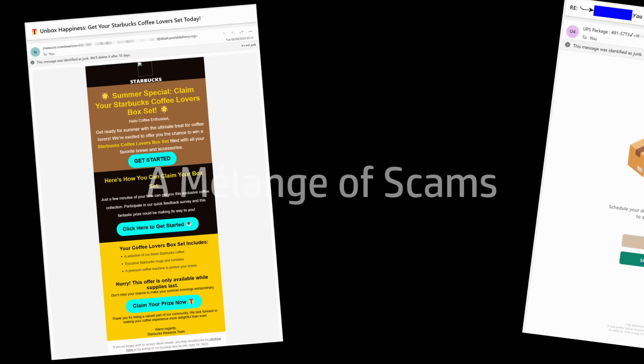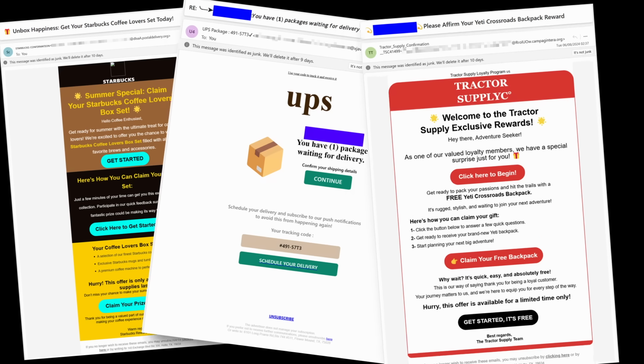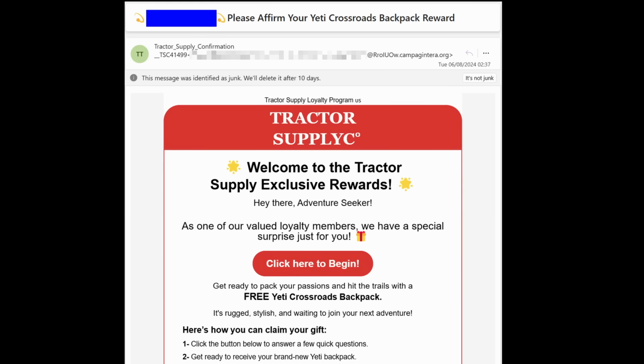We'll start off with these scam emails. These aren't anything new. I've been receiving them in this format for years. The only part that changes is the identity of the company or service they're pretending to represent. For example, this one supposedly comes from the tractor supply company and wants to reward me for my loyalty, which